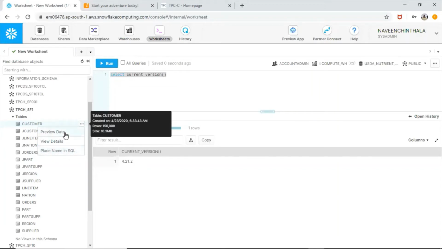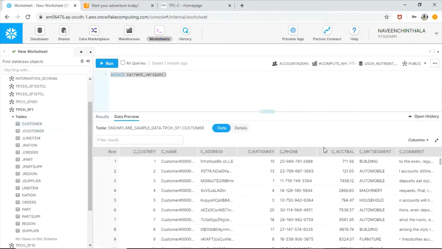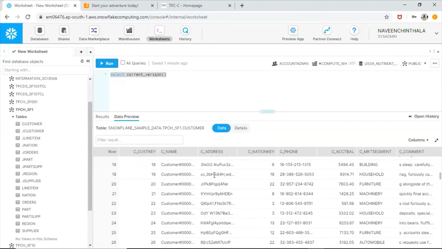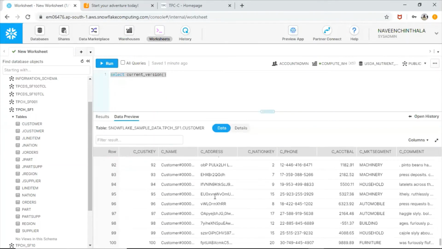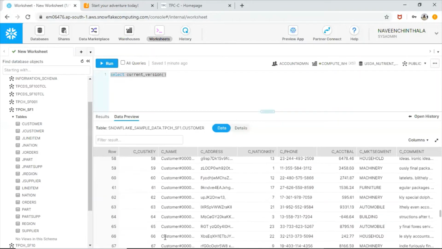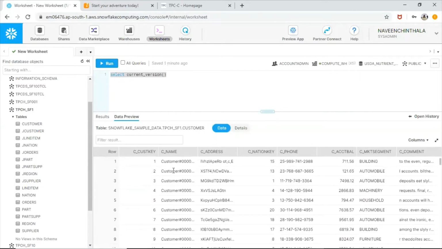If you click on preview data, it will show you the first 100 records. See, only 100 records are fetched. You can see C_NAME, so this is a customer table, right?